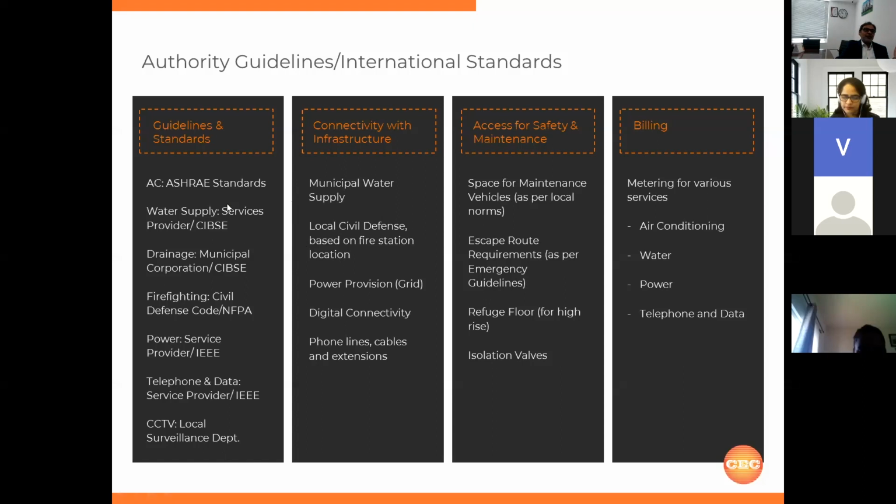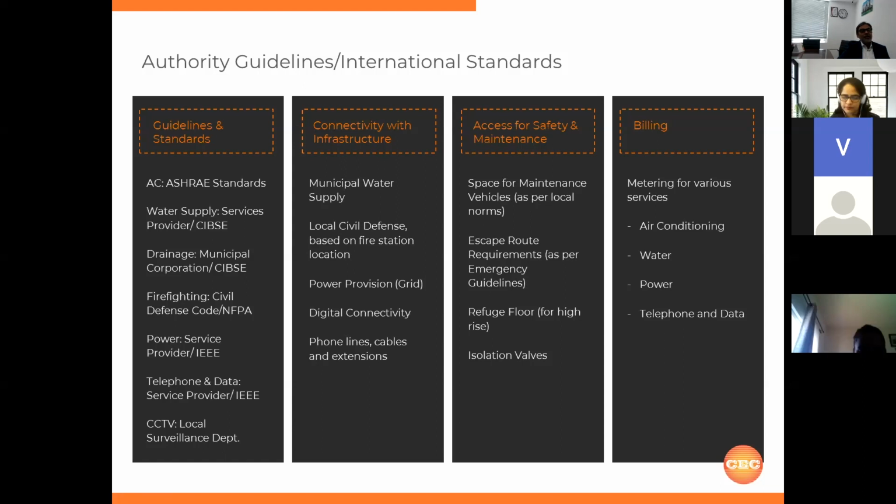I just mentioned a few standards which are internationally acceptable for air conditioning, water supply and the services. I think as a part of architecture, you should just get introduced to it. In-depth analysis of this is not required. But the second part for sure is required for you people, that is connectivity to infrastructure. At the end of the day, the building has to function along with the periphery it is built with. So road and access to the roads, service entries are the parts which we'll be discussing as a part of